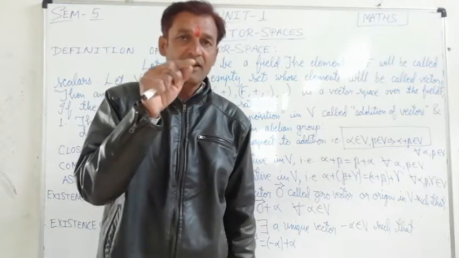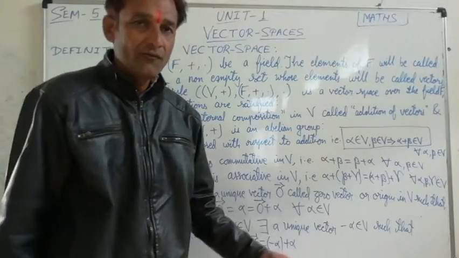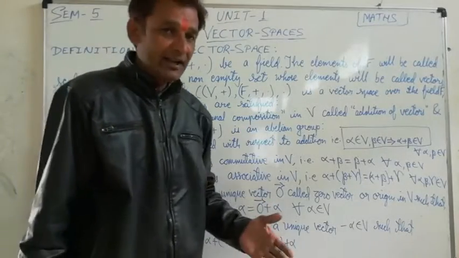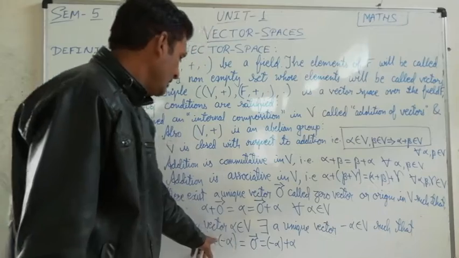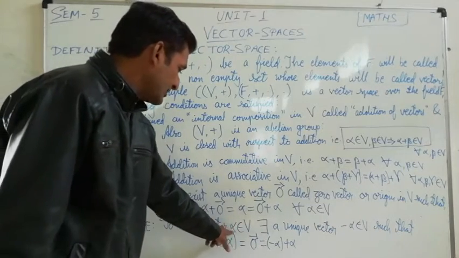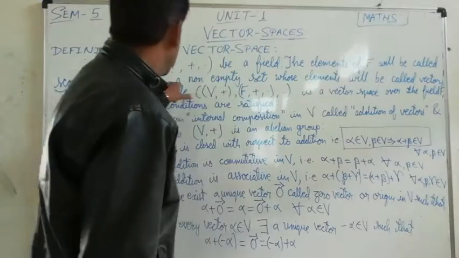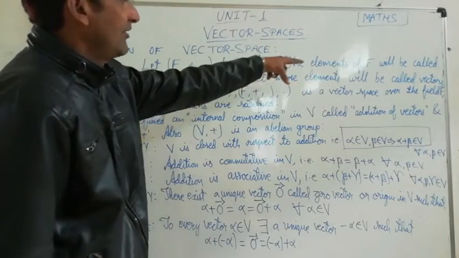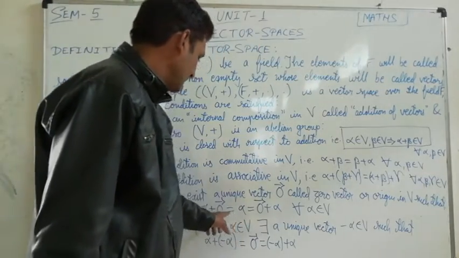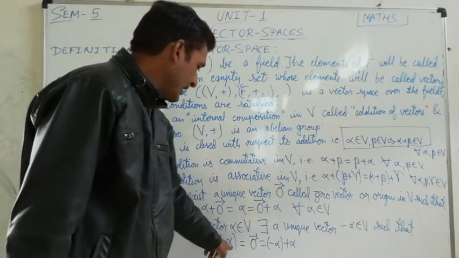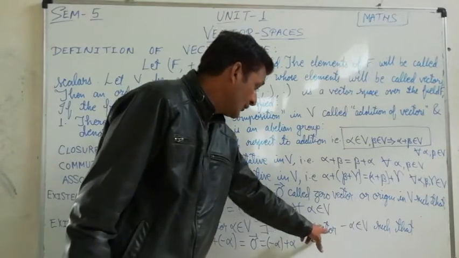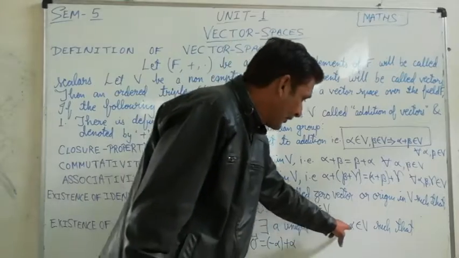Suppose 2 is there, then we have to add minus 2 to it to get the identity, because 0 is the identity only. So for alpha, if we consider alpha is an element of V, which means it is a vector only. See, a non-empty set having vectors means this. In this alpha, if we add minus alpha, there exists a unique vector minus alpha